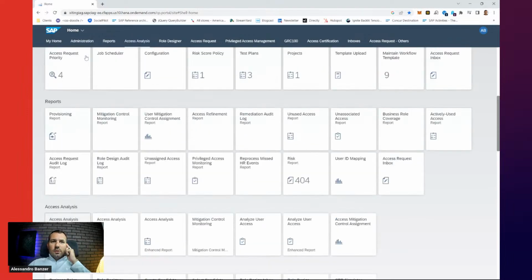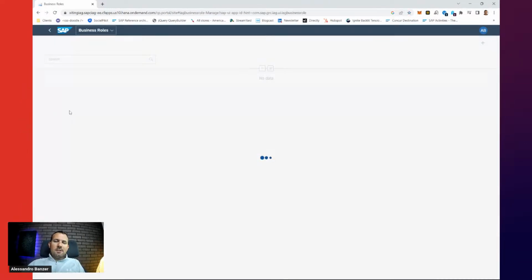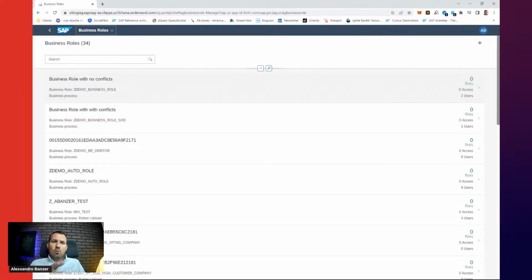When it comes to the business roles, just very quickly, let me show you that just so you have seen it. Business roles have different ways how we can create them manually. There are different tools that allow us to do business role mining, to build them initially before they can be assigned based on usage, based on roles assigned to users. There's some logic SAP has. Typically, it's very gimmicky. In some use cases it works, but it's only as good as the data in the backend systems. So mostly what we do, we create them manually.